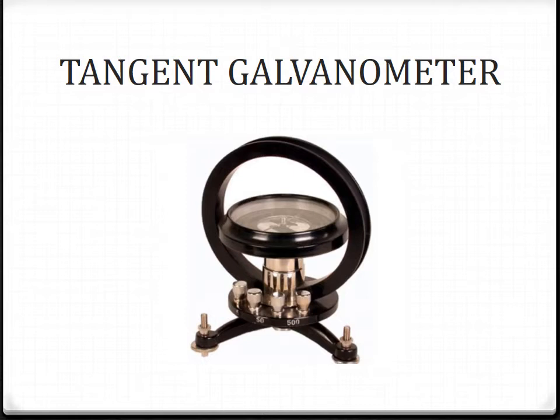Now, the tangent galvanometer is provided with 2 or more coils of different number of turns. Most of the equipment we use in a laboratory contains coils of 2 turns, 5 turns and 50 turns, which are of different thickness and are used for measuring currents of different strength. At the center of the turntable, there is a small upright projection on which a compass box is placed. The compass box consists of a small magnetic needle which is pivoted at its center, such that the centers of both the magnetic needle and circular coil exactly coincide.